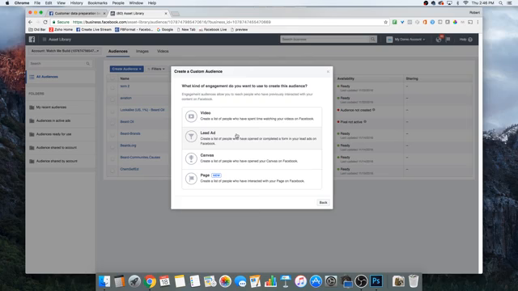So leads are a type of post, right? A lead is a type of post on Facebook that you guys might not be familiar with. Again, don't be afraid to click around. When you go to your Facebook page and you're going to create a post, there's a little button there that says something about create a lead post or capture more leads or something like that, right? Don't be afraid to click that, because what it's going to allow you to do is create audiences or lists of people